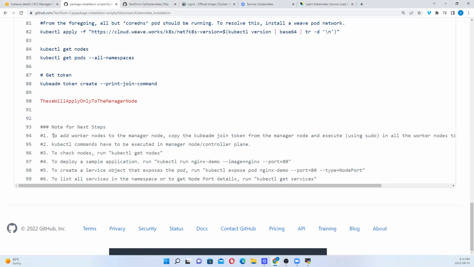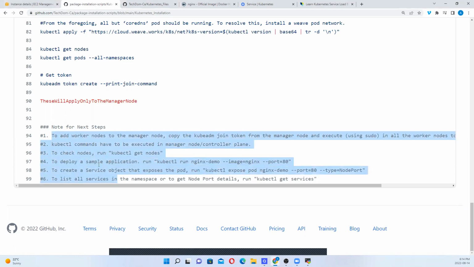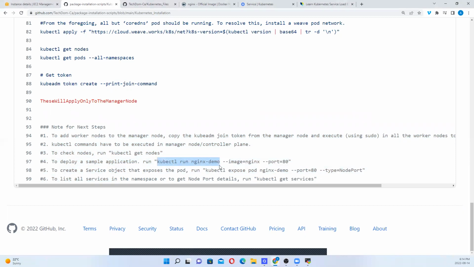We have these commands that I have highlighted here. So we're able to run some commands. We deployed a sample application using this, right? We also went further to expose the pod to a service, right? Which is the node port service. Okay. So now what we were able to do the last time, running these commands,